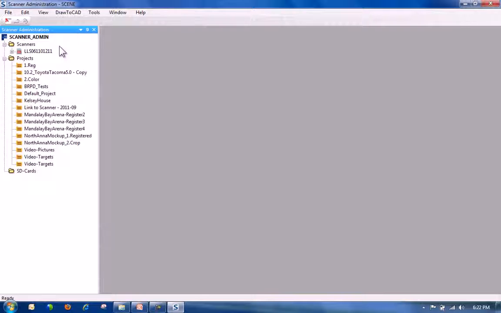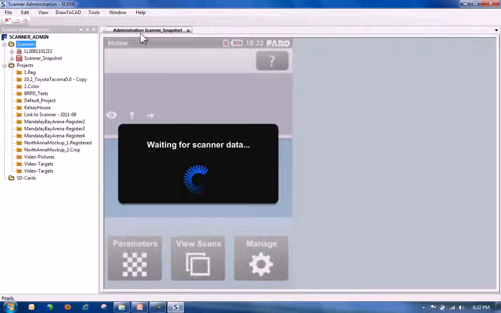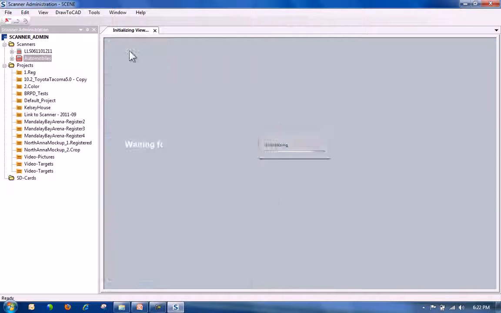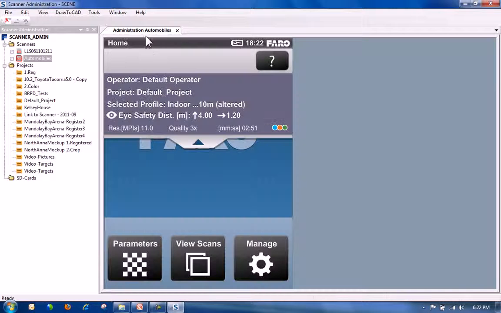To predefine scanner settings, right-click the Scanners folder and tell it you want a new scanner snapshot. A view will automatically be initialized, and a name will automatically be applied by default. To rename the snapshot, right-click over the snapshot and select Rename. The view will reinitialize, and once it is completed, I can manage the snapshot just as if I was at the Focus 3D,